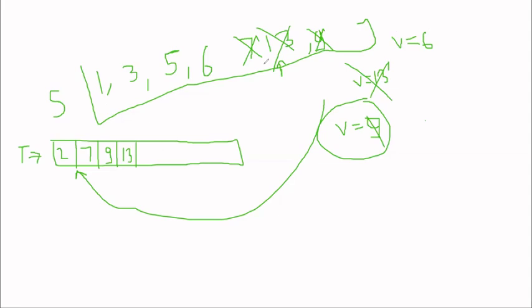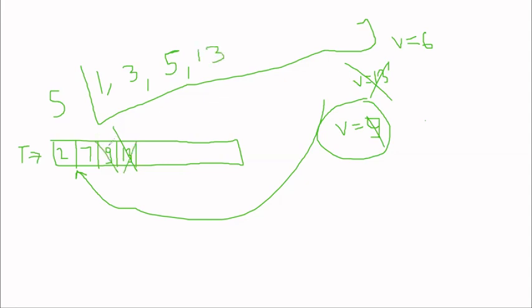Let me erase all these. If I'm crossing something out, it means it has been popped already. So the top of this temporary stack is 13, and in the V variable we have stored 6, so we'll remove 6 from here as well. Again, is 6 greater than 13? Yes, I'll pop 13 from here. I'll add 13 here again.